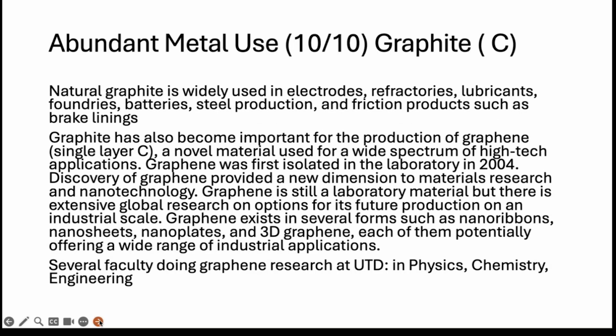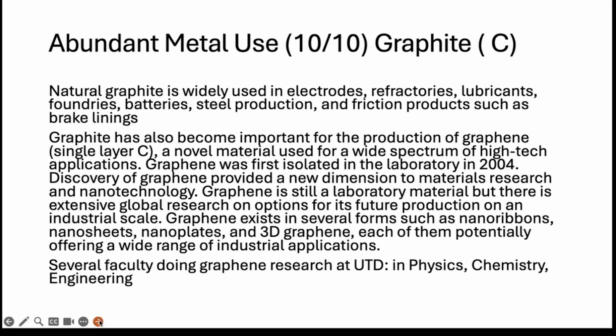And our last abundant metal is graphite. Now, graphite is kind of interesting because everything we've talked about here has been a metal. Now we're talking about a mineral, which is just made of carbon. So natural graphite is widely used in electrodes, refractories, lubricants, foundries, batteries, steel production, and friction products such as brake linings. But it's becoming increasingly important because of